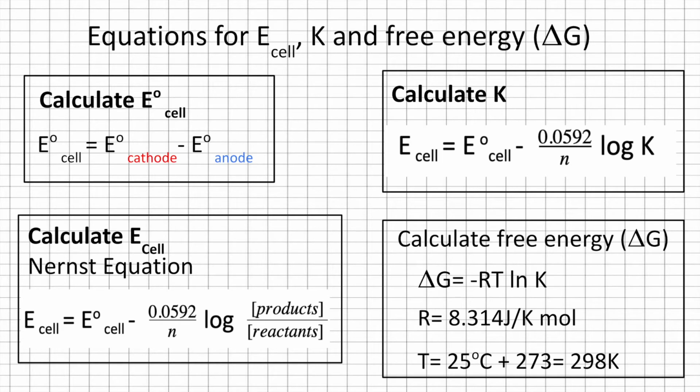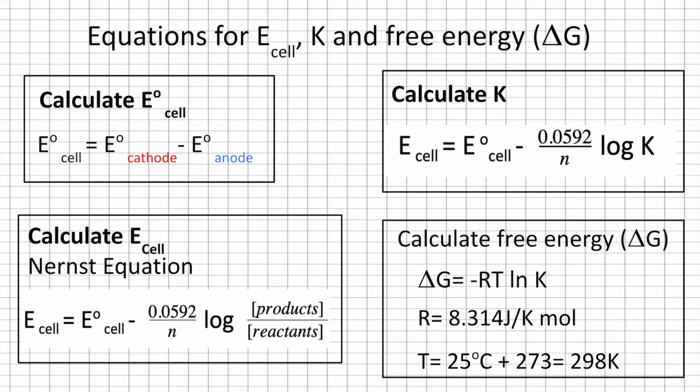Here are the equations that we'll be using to solve this problem. To calculate E0 cell, we'll be using E0 cell equals E0 cathode minus E0 anode. To calculate K, we'll be using Ecell equals E0 cell minus 0.0592 over the number of moles of electrons being transferred multiplied by log K. And to calculate the Ecell at any given time, we'll be using the Nernst equation, which reads Ecell equals E0 cell minus 0.0592 over the number of moles of electrons being transferred multiplied by the base 10 log of products